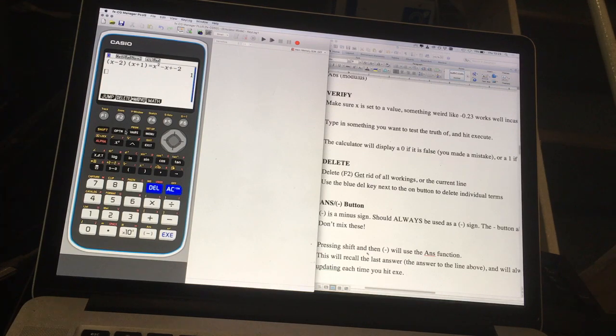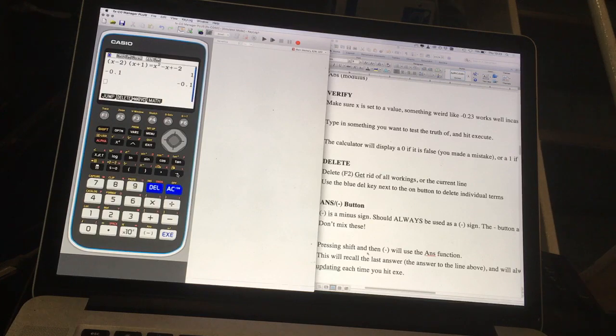So if we type in, let's go for minus 0.1. I've chosen a minus because whenever we've got, like, a binomial expansion with a cubic, we want that minus sign to tell us if we made a sign error. So we put minus 0.1 in. Now we're going to save x. So we're going to go